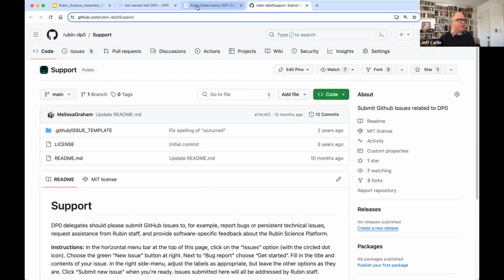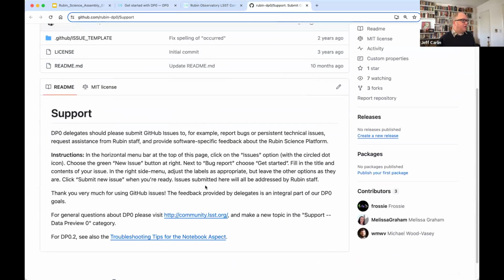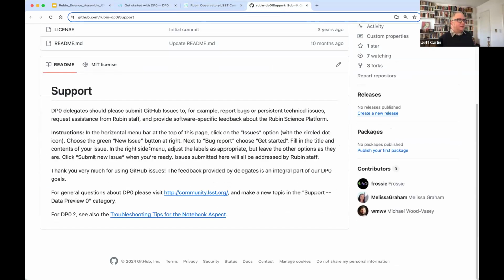And so you can see from that link, it takes you to this page with some instructions for how to create a bug report.